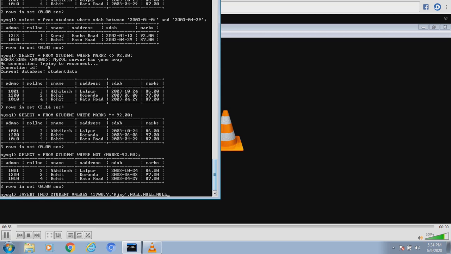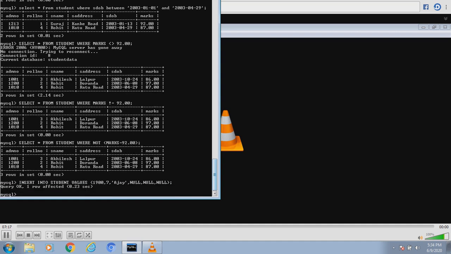We know the name, but details have not come from the school in which he used to read earlier. So when details come, we will be inserting, or I should say updating, these details. So if I use this given statement, what happens? See, our query works. And what data do we have then in our table?